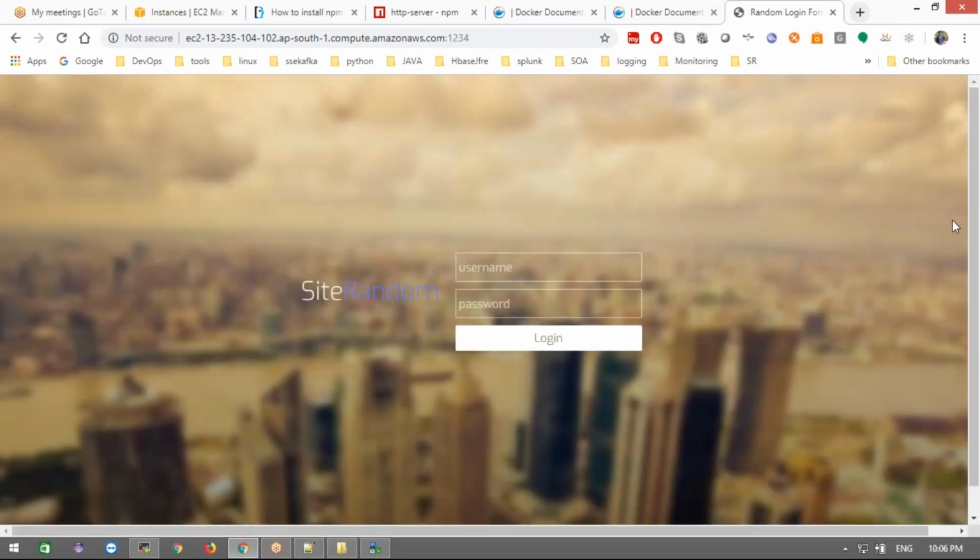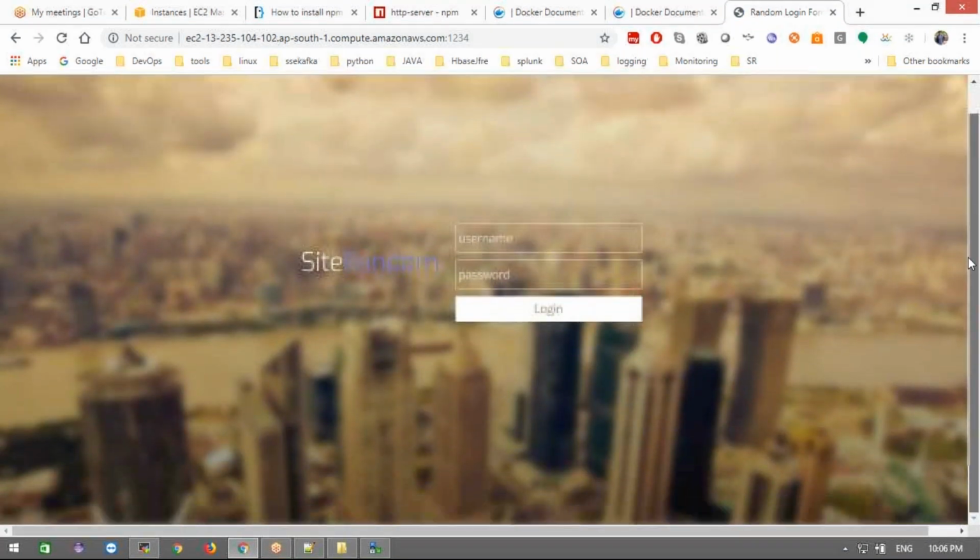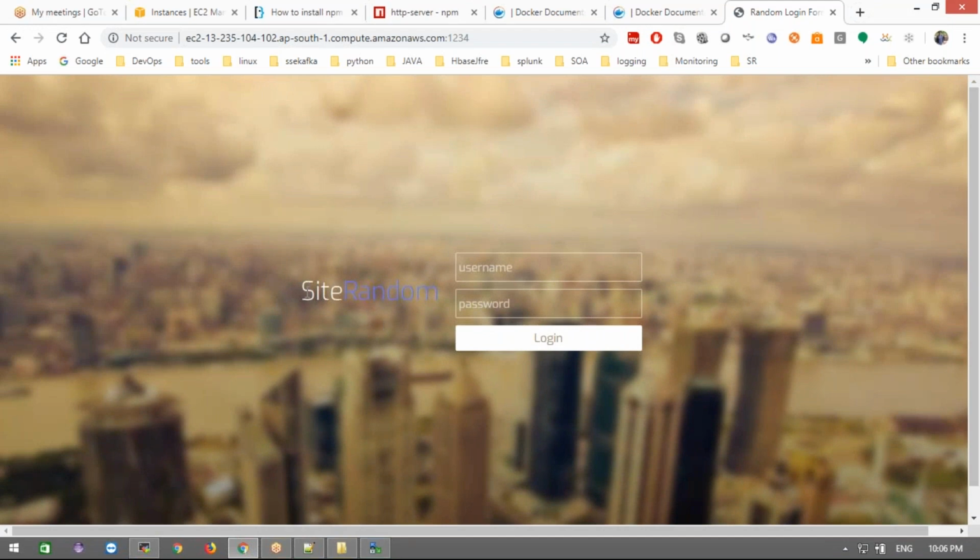Now, whatever I deployed, that page, right? This is the page I'm going to deploy. This is the name I want to create. Okay, that site's random name, and then this username and alpha. This is the code. This is the design I'm going to give for developing the application.